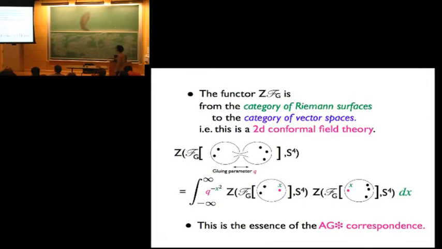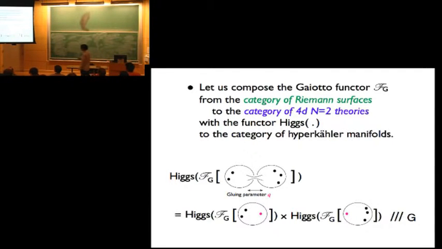So instead, I'm going to compose the Gaiotto functor with the Higgs branch functor. So the Higgs branch is a hyperkähler manifold naturally associated to any 4D N=2 theory. Therefore, if you compose these two operations, it naturally associates to a Riemann surface a hyperkähler manifold. So the hyperkähler manifold associated to this combined Riemann surface is known to be given by the product of the Higgs branches associated to the N=2 theory associated to each of the Riemann surfaces, divided in the sense of hyperkähler quotient. And this is known to be independent of q in favorable cases. And therefore,